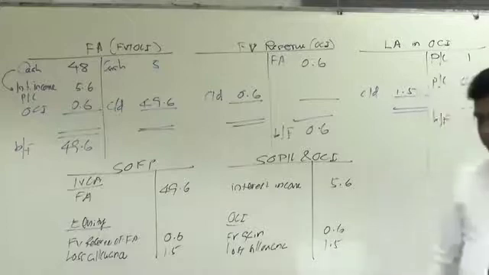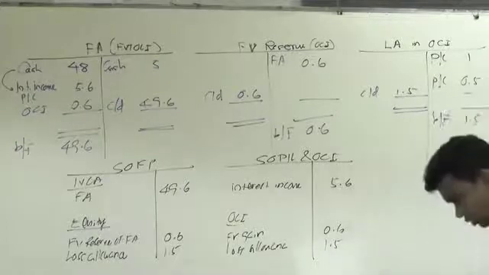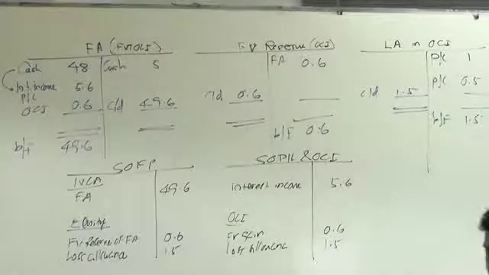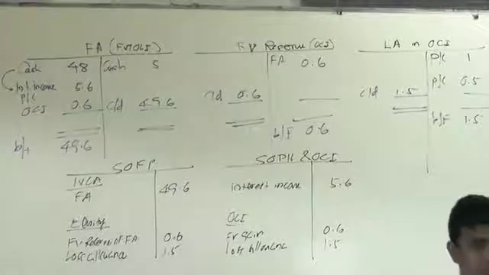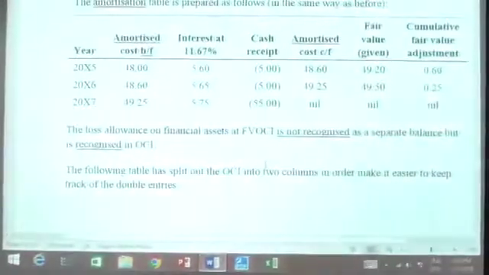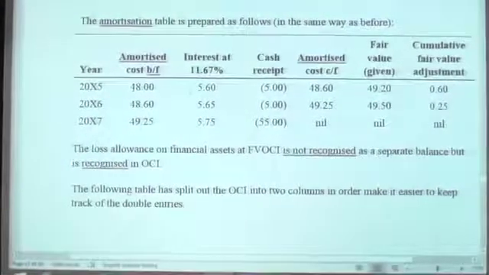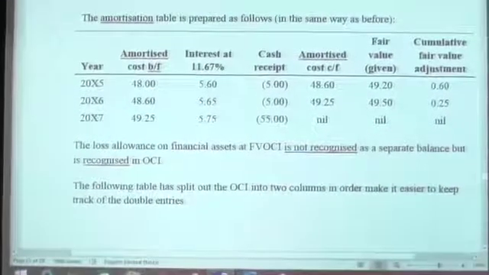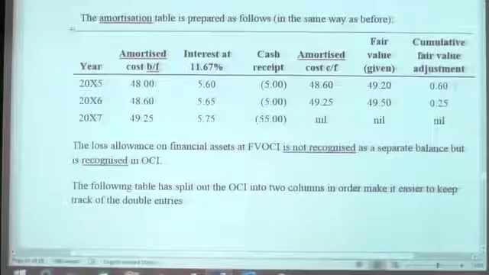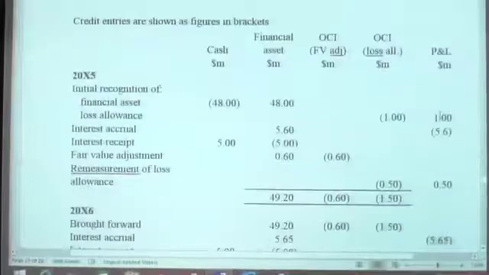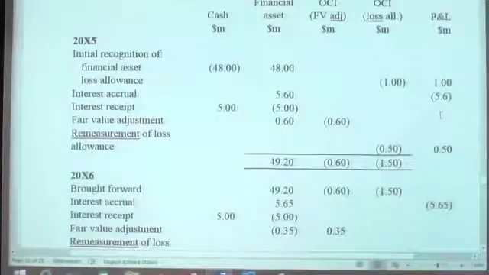Is that clear? Right. Let's move into the presentation again, because the entire questions are explained on the worksheet. This is the calculation as we discussed in the earlier example, the fair value through OCI financial asset. You will calculate your interest income always on the amortized value, but you will adjust it for the fair value at the end. Meantime, you will recognize your loss allowance. Here, year by year you have double entries, right?